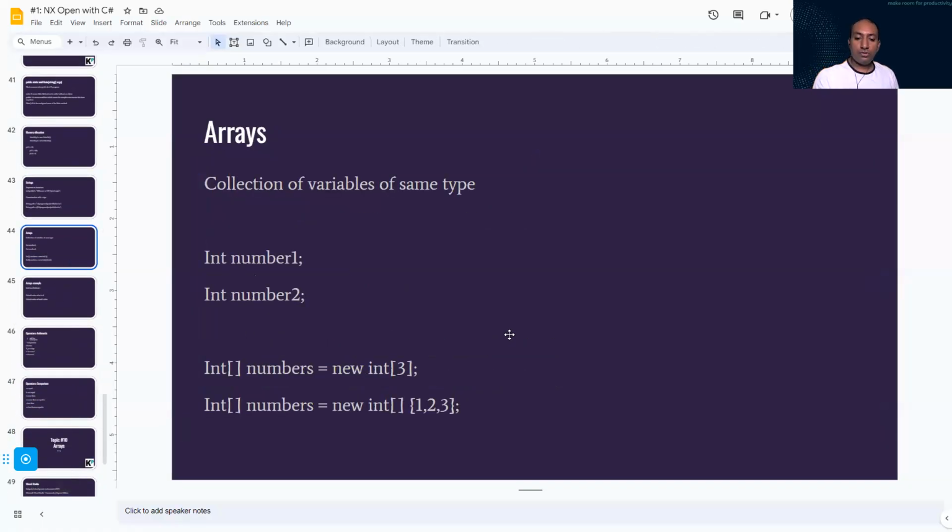I'm going to introduce a new data type. This I haven't touched because this is very different from the others. Integer, string, boolean, char, double, all of these can be put together in arrays. So what I'm talking about is arrays. Arrays are actually a collection of variables of the same type. For example,